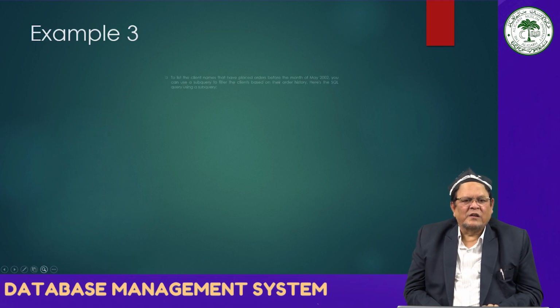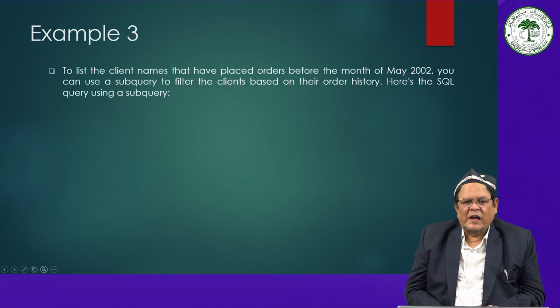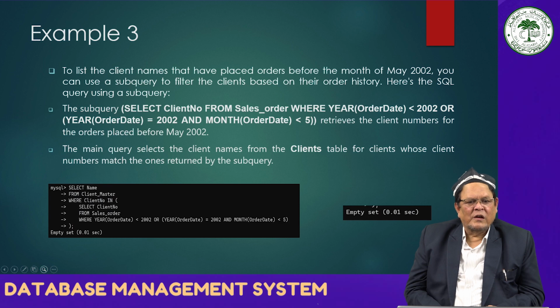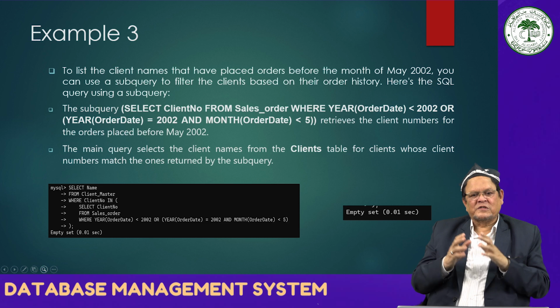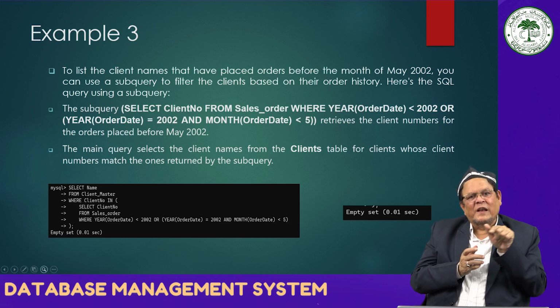Next example I have taken to simplify the subquery. List the client names that have placed an order before the month of May 2022. You can use a subquery to filter the clients based on their order history. So the SQL query using the subquery: what do you write? First of all, you have to write the subquery. Select client number from sales order where order date must be less than